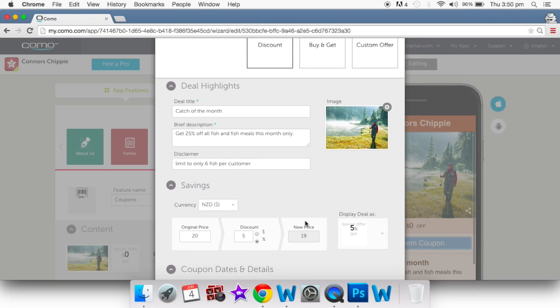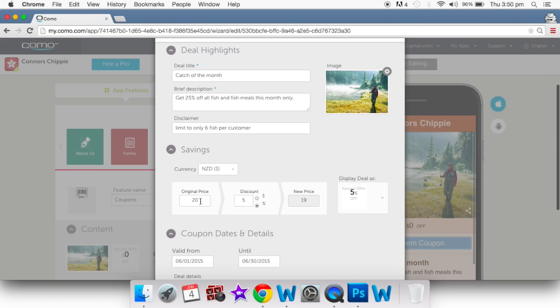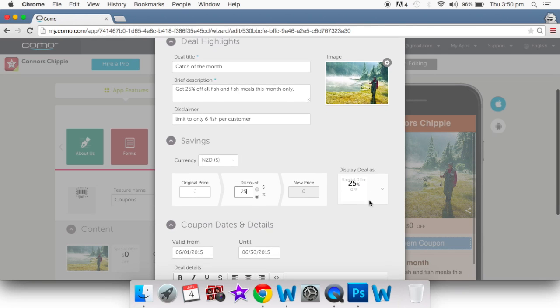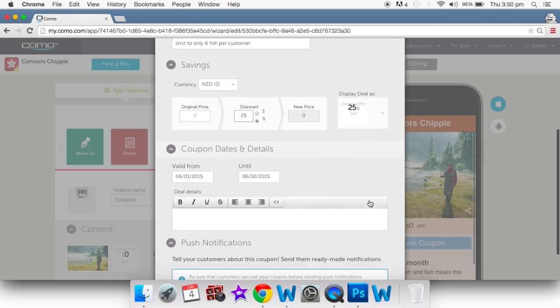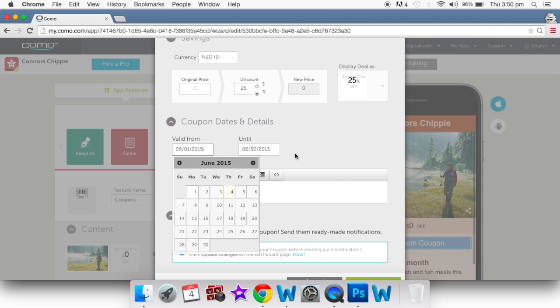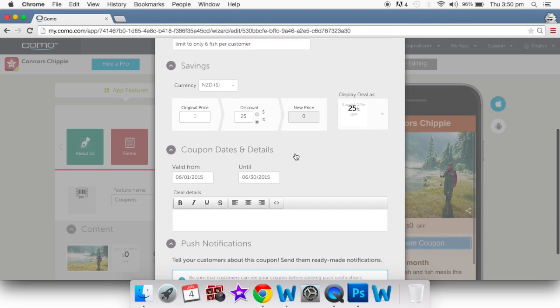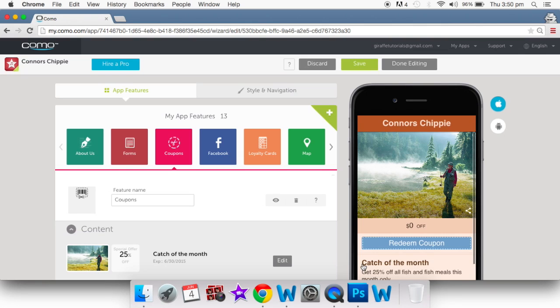But if you're doing it on more than just one product, so you're doing it across the whole entire line of everything that you sell, which is what I'm doing, so 25% off all fish and fish meals, what we're going to do is put in our original price as 0, and we're going to make our discount amount 25%. So then the deal will show as just special offer 25% off. And then you can come down to here and put in the dates of when it's valid. So I've just put it in for the month, and that's all you have to do really to create this coupon. So just come down here when you're done,